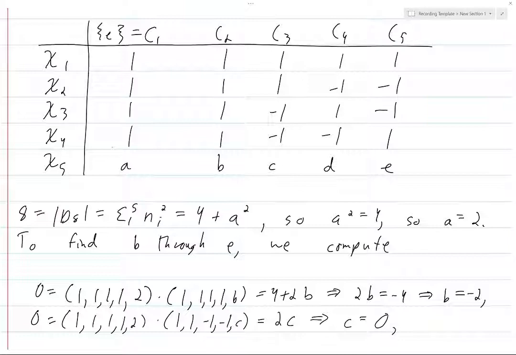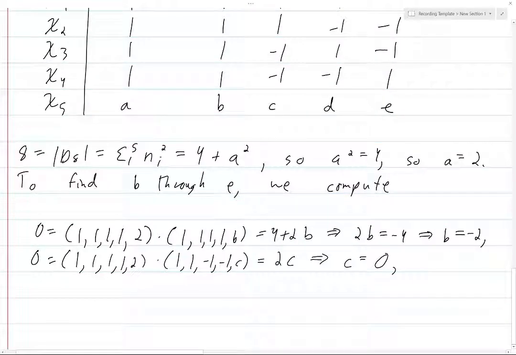And so yeah, that's what happens. And likewise, we have D equals E equals 0. Hence, the character